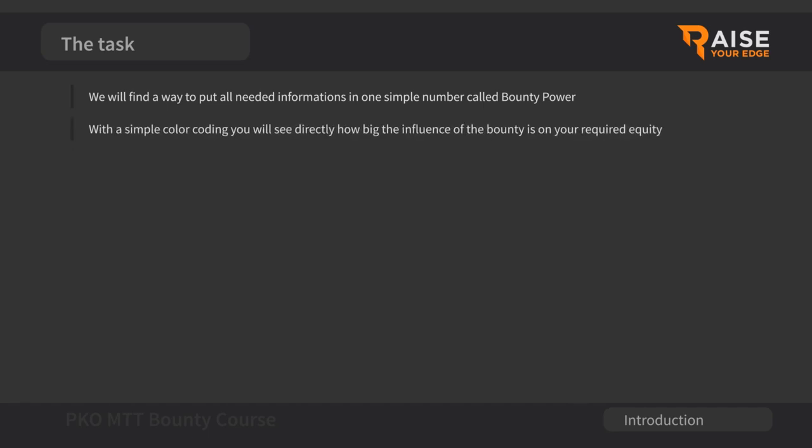And with a simple color coding, you should see directly how big the influence of the bounty is on your required equity. So not only do you have the option to see the equity which you have to subtract from the equity given by the pot odds, we also want, by the color coding, to put you in a position where you can see directly, when you are multi-tabling, so playing a lot of tables, okay, from this opponent, his bounty compared to your stack size,